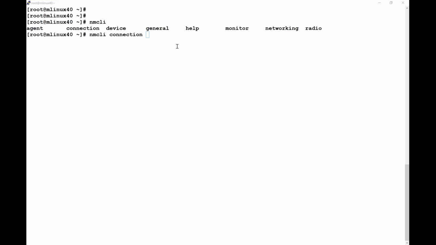You don't have to remember the option. You can press double tab or single tab and get help. Or there are shortcuts to use instead of typing the full word connection. You can just abbreviate it using CON. Con stands for connection. Now give a space and press two times tab key so it tells you what you